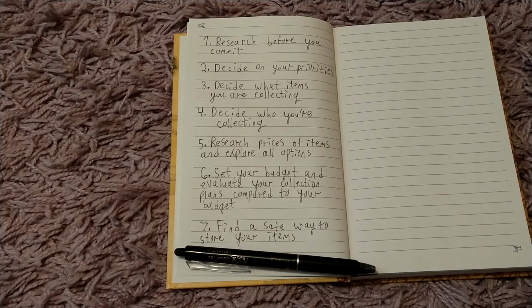At least I do, because I'm an international collector, but a lot of the times it gets here and then it's like, oh right, I have to put it somewhere. So I think that's an important step, is when you're collecting, make sure that you have somewhere safe so that way it doesn't get damaged. If you're collecting photo cards, if you don't have a binder right away, or penny sleeves right away, or the page protectors right away,